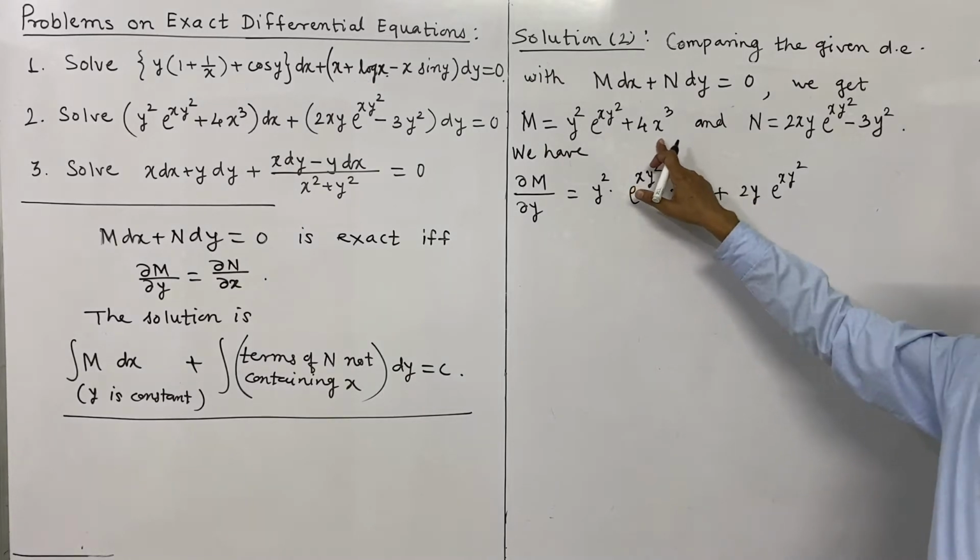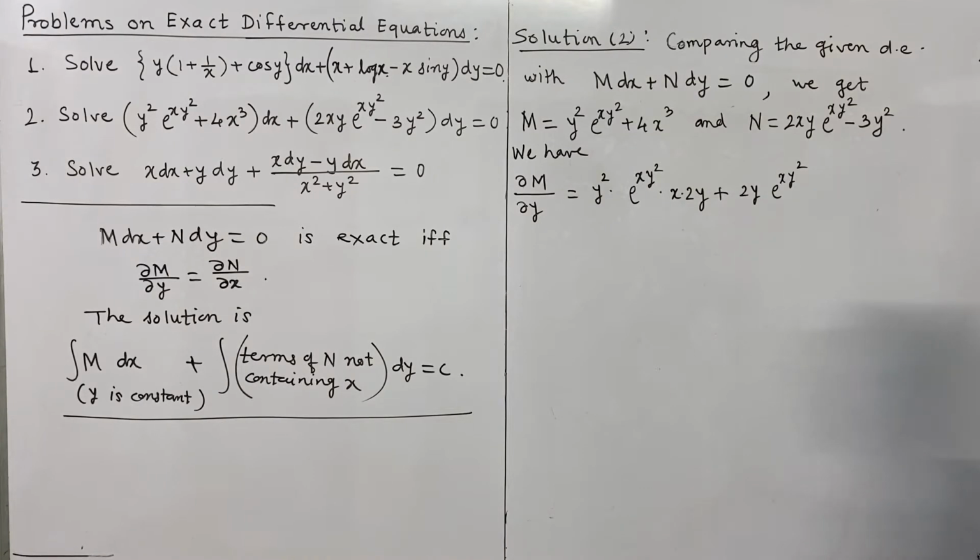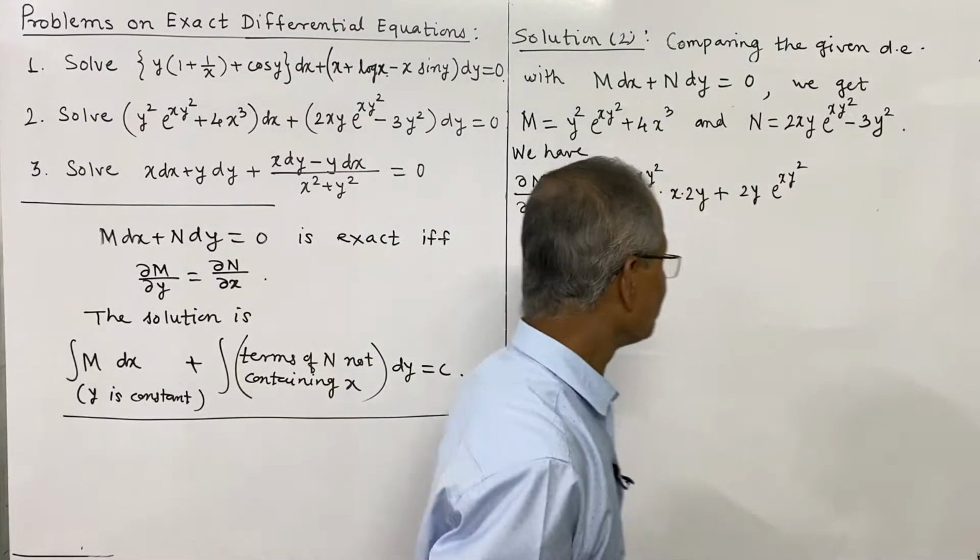X is constant, so therefore that is 0. So this is the partial derivative of m with respect to y. And now we shall consider the partial derivative of n with respect to x. And further,